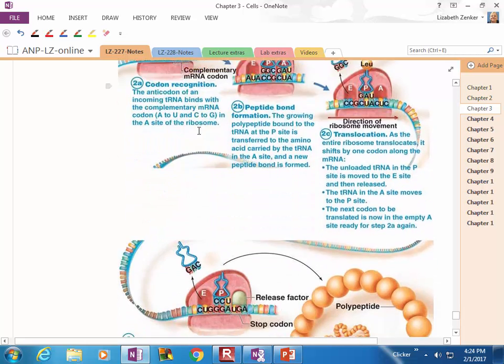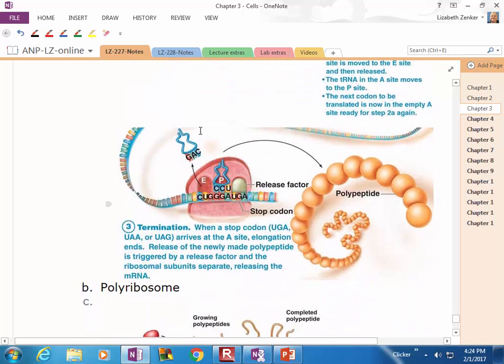And when those come into contact, so here's your UGA, right? And notice there is no amino acid attached to it, right? It has what's called a release factor, and it says, okay, we're done making our protein. You can now let go. This protein gets released, and now it's ready to go to either